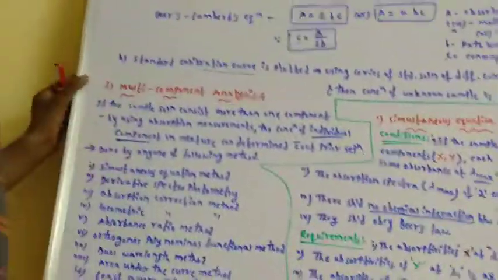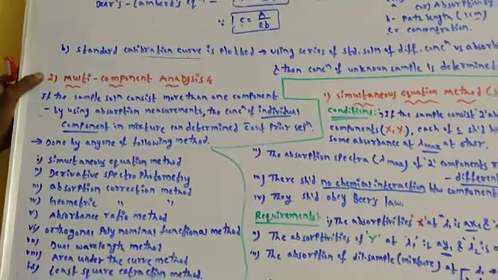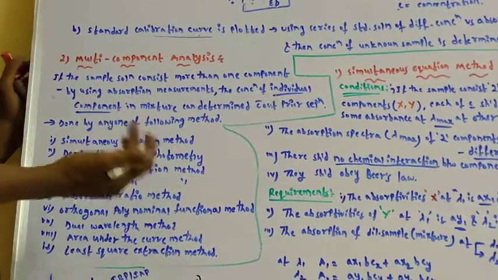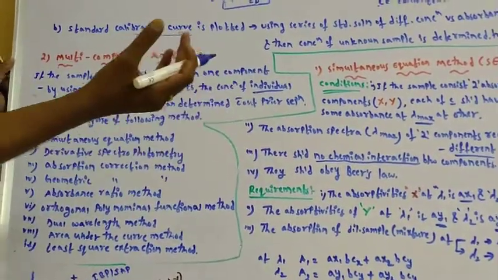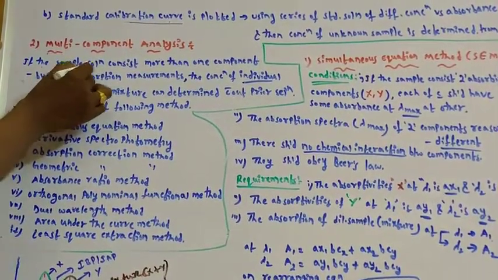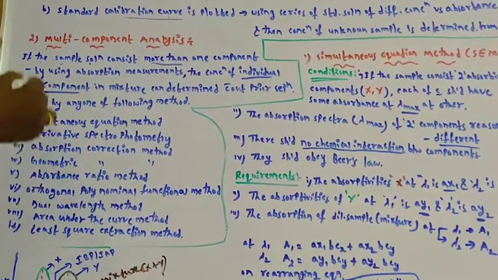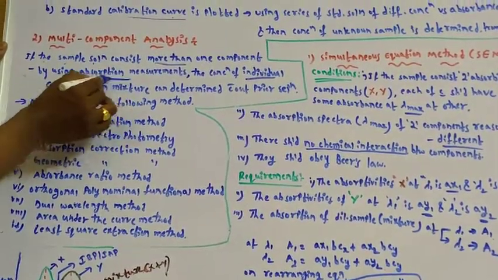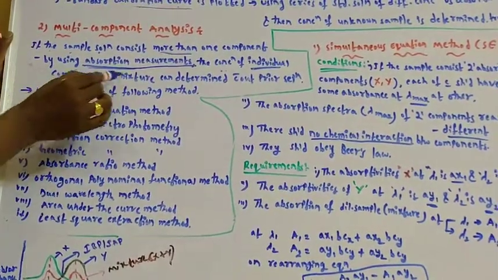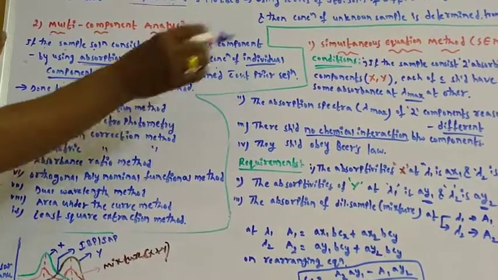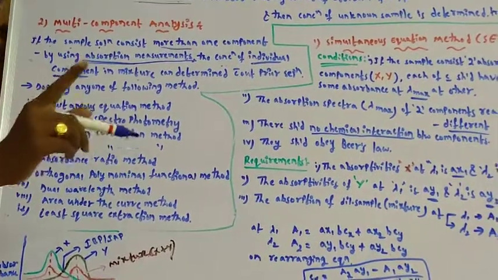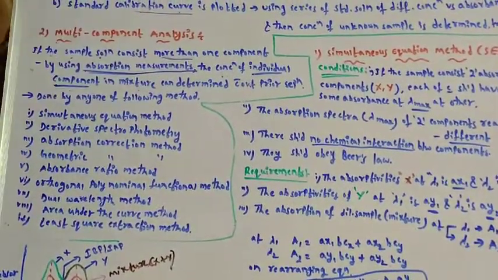Then multi-component analysis means the sample consists of not only one compound but more than one compound. How will we determine the concentration of those compounds? If the sample solution consists of more than one component, meaning at least two components,